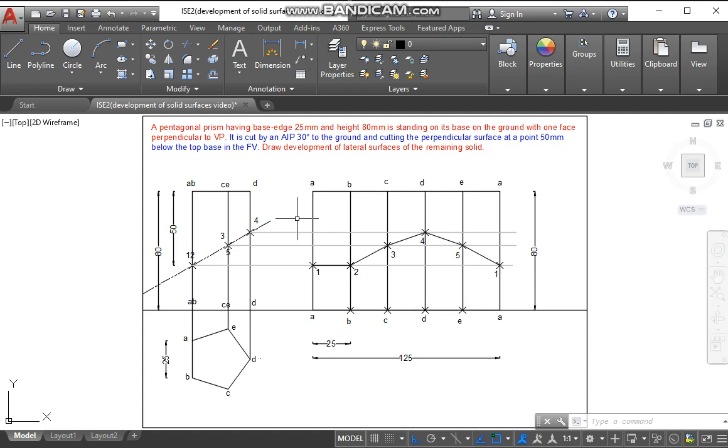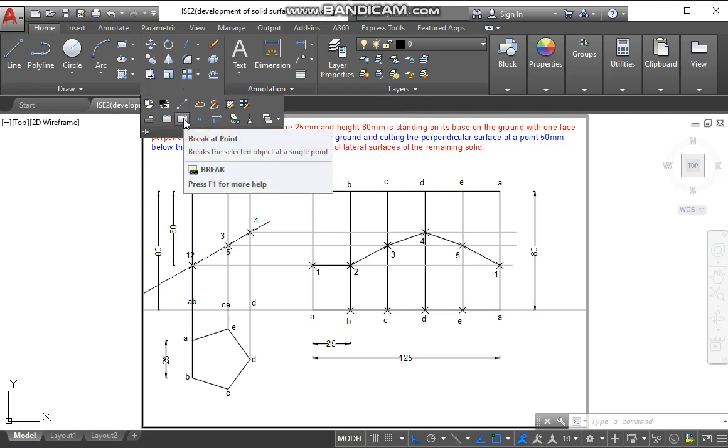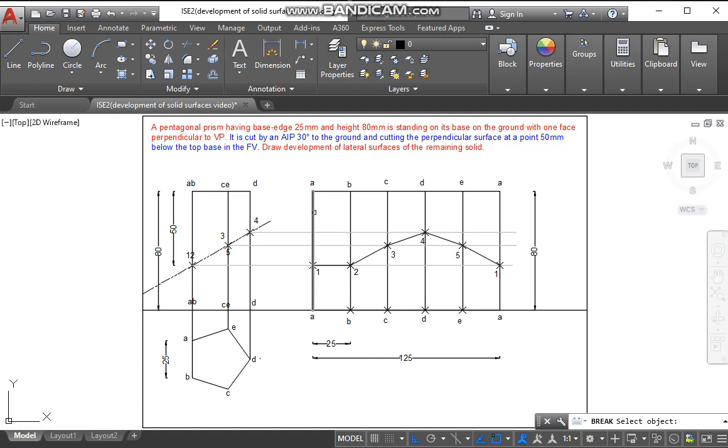of lateral surface. So if we want to make it into the color 9, we have to break the lines at the respective points, or if we want to trim, we can select the polyline and trim. So I'll be breaking the line. So we can use the break at a point command, select the line and break at the point.